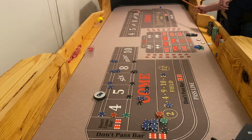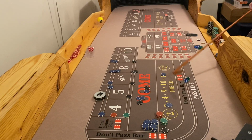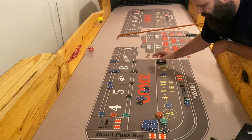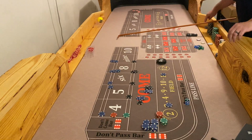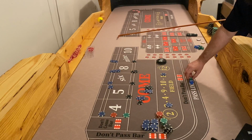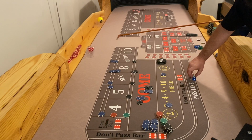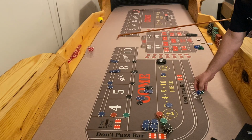We got 4-3 double pitch. 4-3 double pitch. So that's 7 out. It's a secondary hit. It's just a double pitch. Maybe I'm going a little too deep for my dice. All right, we'll go. Dice are